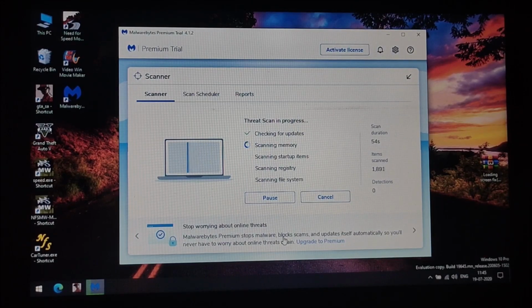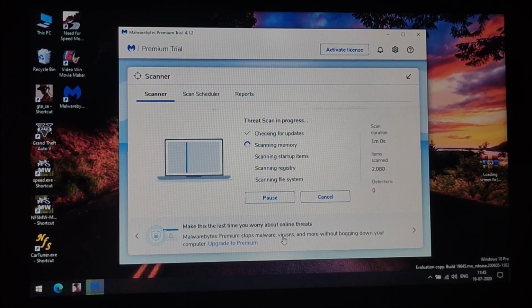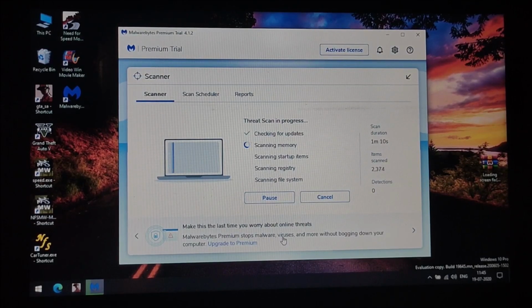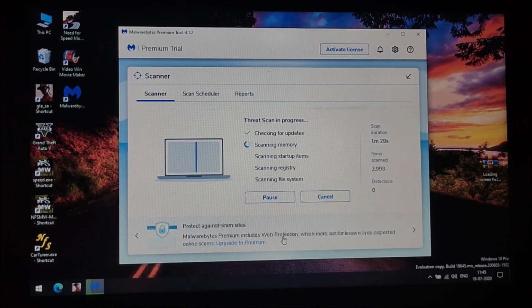This will install the new virus definitions, so the newest viruses are removed by this software. If you don't allow it to check for updates, the most recent viruses may be missed because it may not have the newest virus definitions.